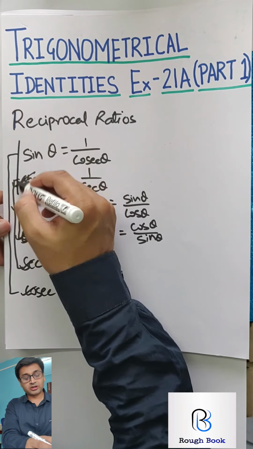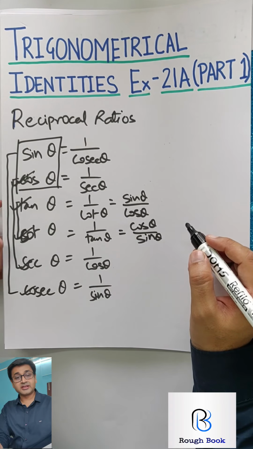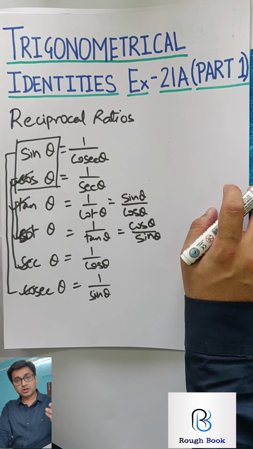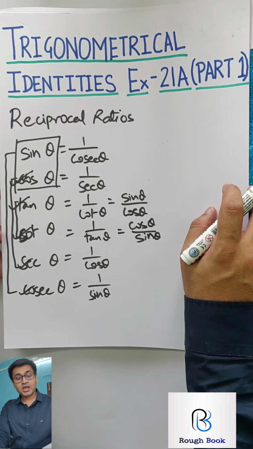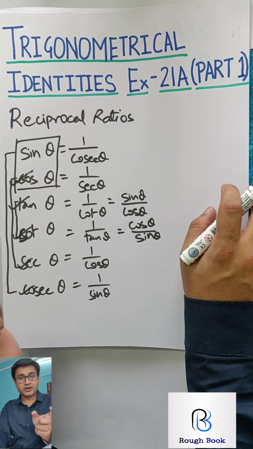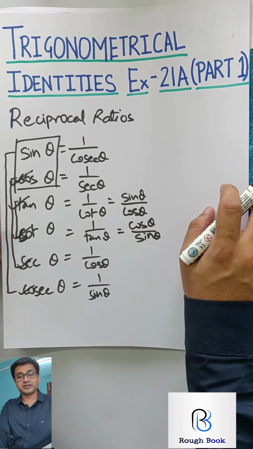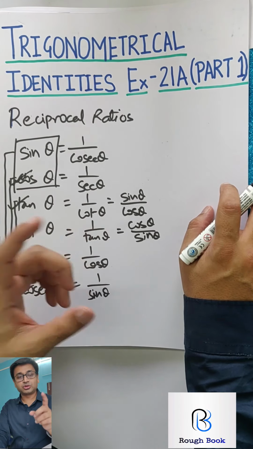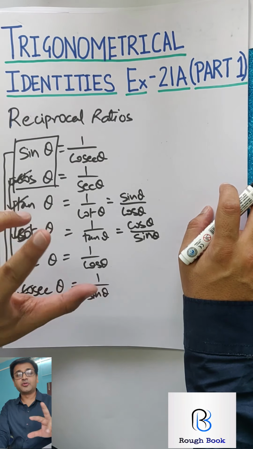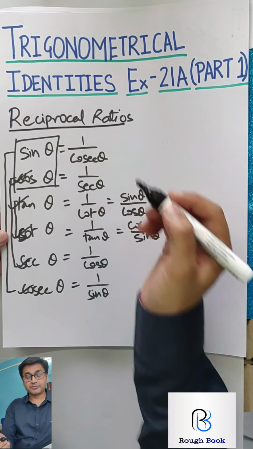So basically I call the sine theta and the cos theta as the primary ratios and the rest as the secondary ratios. Whenever you are not able to solve the identities, you should convert everything into sine and cos. Now what are identities? Identities are basically two parts given to you, left hand side and right hand side, and you will have to prove that the left hand side is equal to right hand side. How to prove? You pick up one of the parts, you convert it using these ratios and try to make it equal to the other part. So this is one of the things, that is reciprocal ratio.